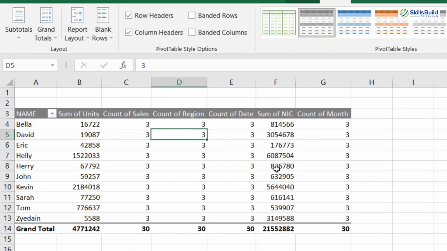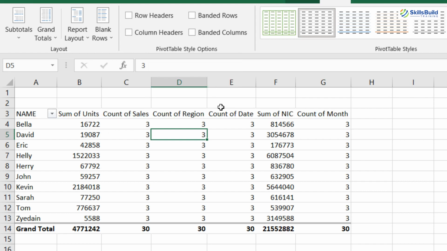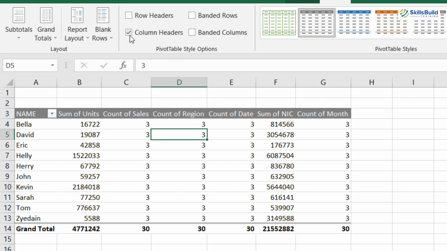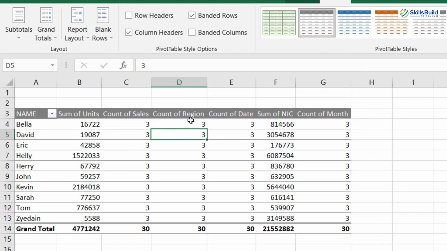Well, I'm perfectly fine. Now coming towards these options, row headers, just click on it and it brings no change. But if I click on column headers, here you can see there is no column header, and if I click on it, then I have these column headers. Now if I click on banded rows, here you can see there is a band between the rows, and if I click on banded columns, then there is a band between the columns. It is basically to make this data in a tabular form. You can easily make it in tabular form just by selecting these two options.